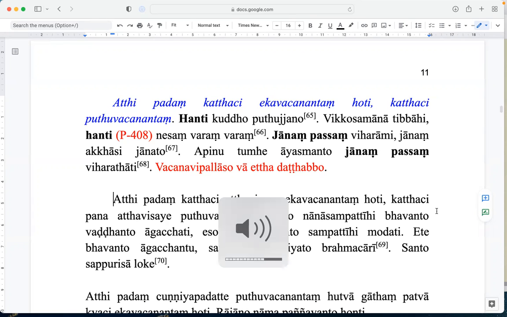Sayadaw, this chapter is very interesting, no? Right. Yeah. Like the